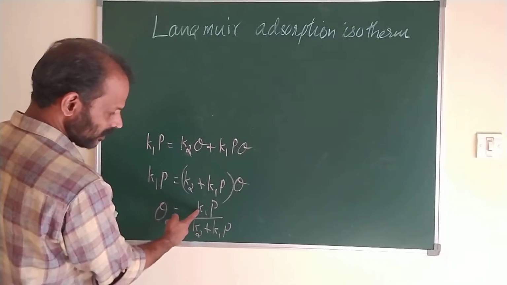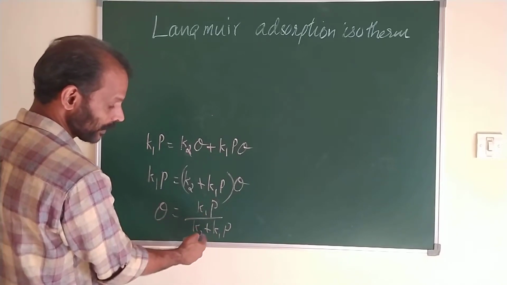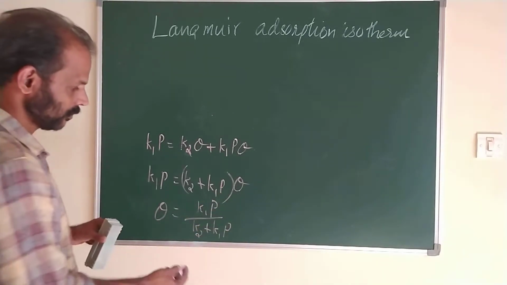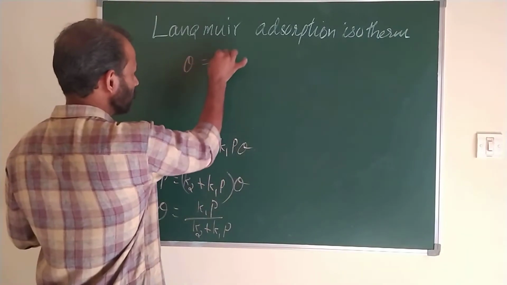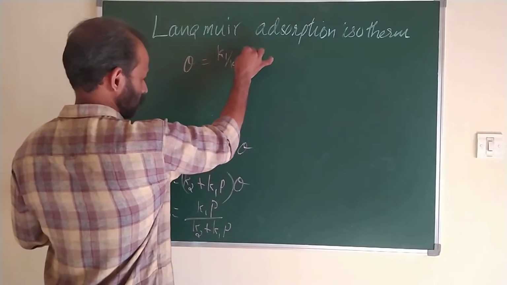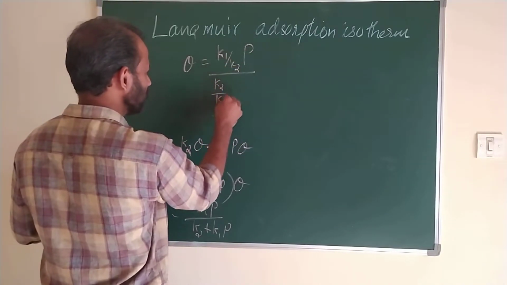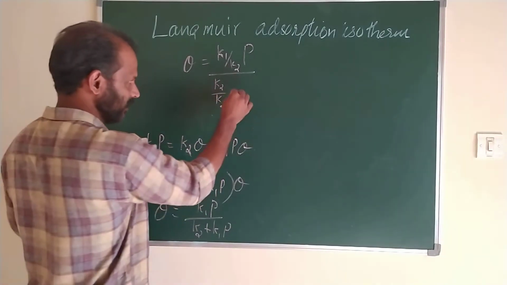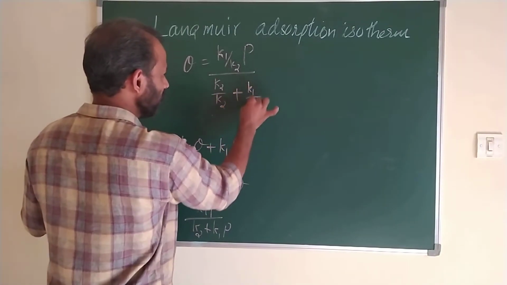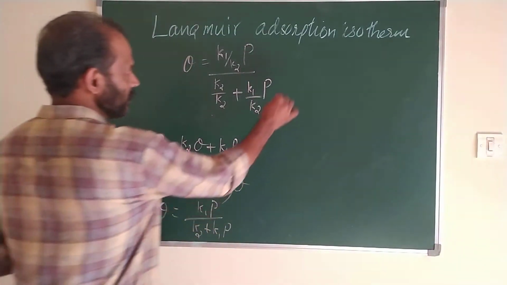Then divide numerator and denominator by K2. So we get theta is equal to K1 divided by K2 into P divided by K2 by K2. No need of writing this 1 plus, enough. K1 by K2 P, which is equal to,